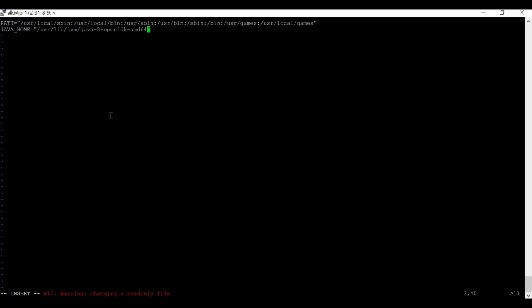So I'll add this: JAVA_HOME equals /var/lib/jvm/java-8-openjdk-amd64. I will save this path.